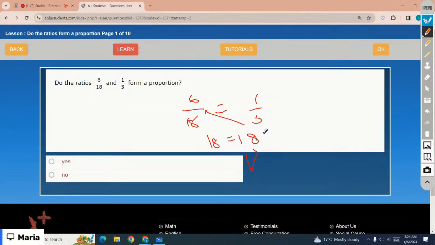So that means yes, they form a proportion. The next one is